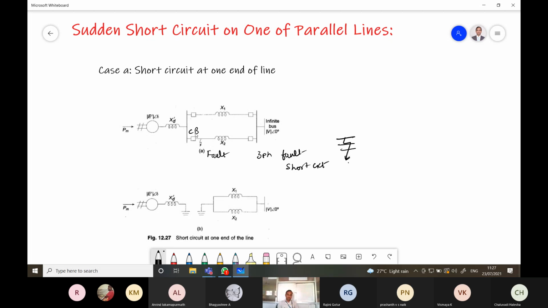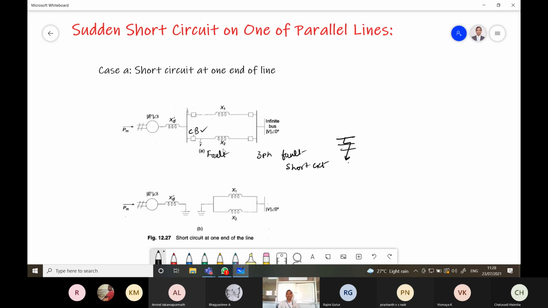This circuit breaker is going to be open. We need to open this. Yes, sir. We need to open the circuit breaker of this one. If you open the circuit breaker, because this fault is very near to your generator bus, this current will enter into the generator bus and lead to an unstable position, because if delta is more than 90 degrees. So before that we need to clear the fault by opening this particular circuit breaker.